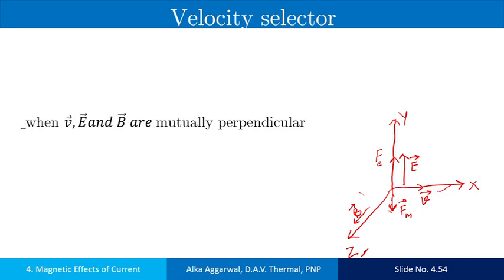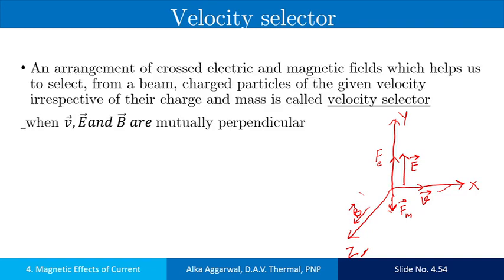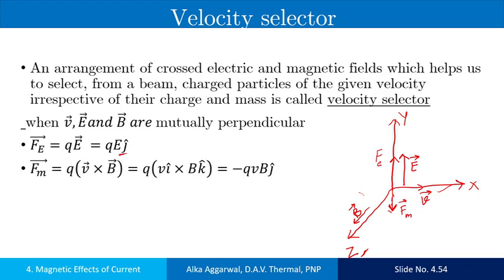Now the electric force, we are assuming that if there is only the electric force, then the electric force which is acting on the charged particle is given as QE. As it is along the y direction, so it is written here as j cap. Magnetic force: as the particle is moving with the velocity v and B is the magnetic field and both are mutually perpendicular, v is along the x-axis, so it is i cap, and B, the magnetic field, is along the z-axis, so k cap.